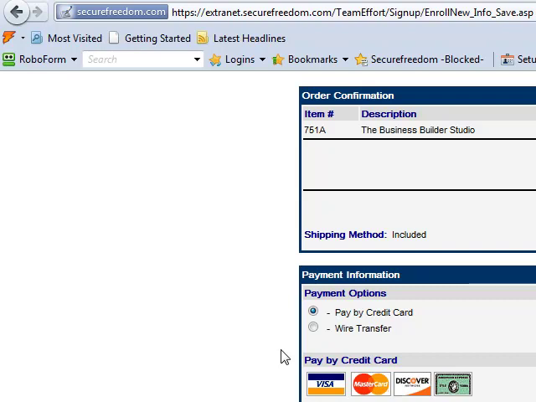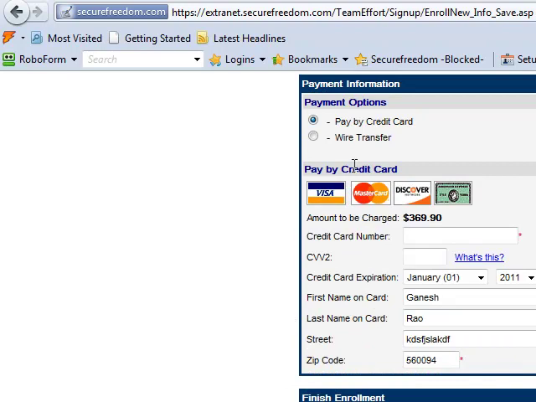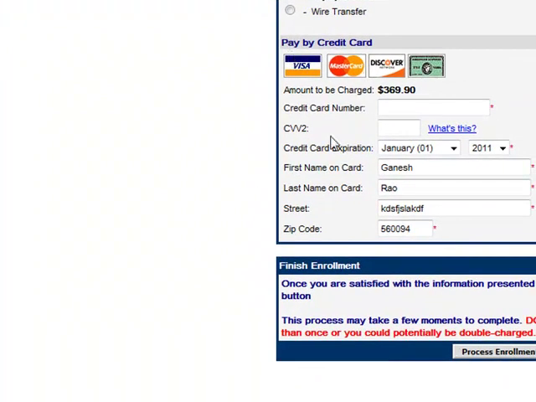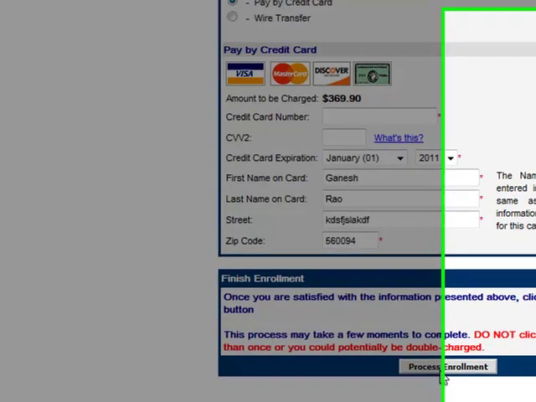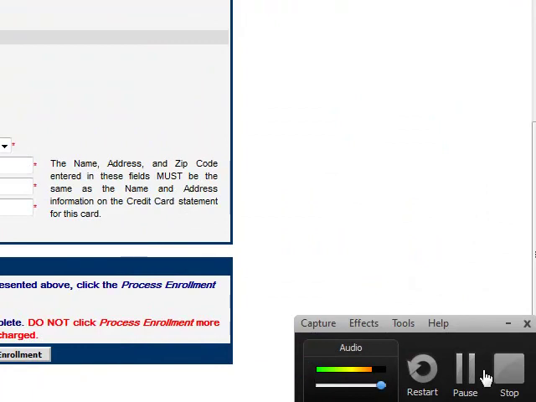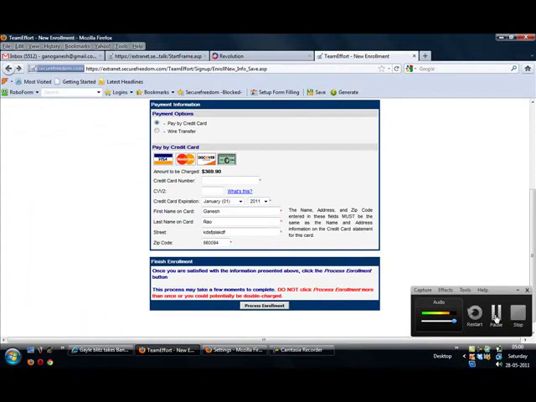But if you are paying through credit card, you have to select pay by credit card. I'm repeating, you have to select wire transfer if you are making payment other than credit card. What I'm going to do is, next page I'm going to enter the credit card details and everything. Then you have to click process payment, process enrollment. Okay, so that's it. This is how you do a creation of an ID, placement settings, and how to create an ID and make the payment and everything, credit card or wire transfer. Wire transfer means any other mode of payment other than credit card.